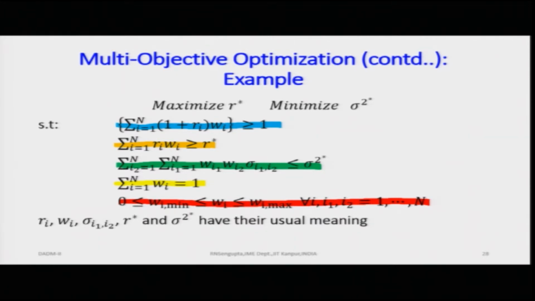So, for example, if I have invested 100 rupees, I would ensure that the combination of the total portfolio would be such that the total returns would be 100 plus some positive value,